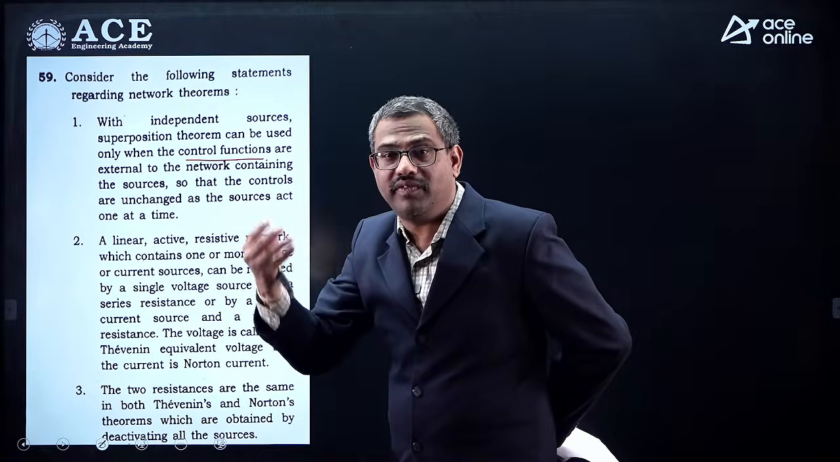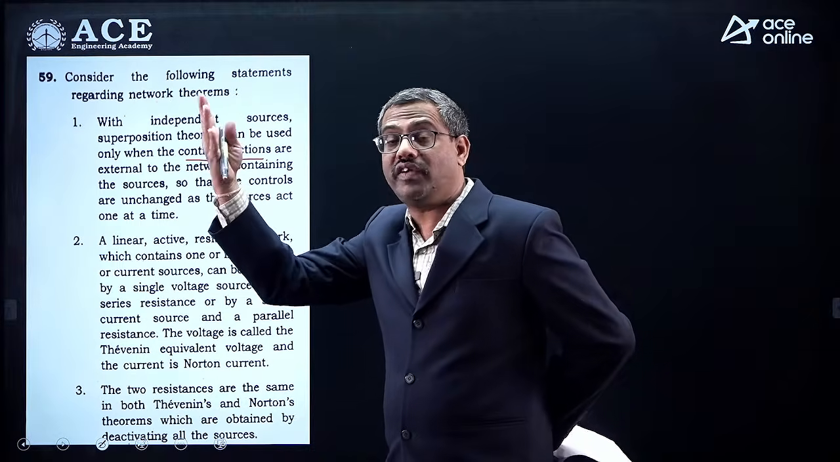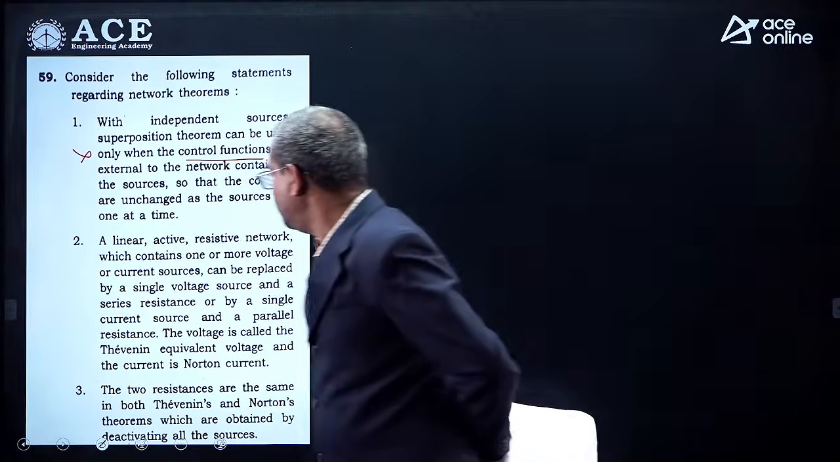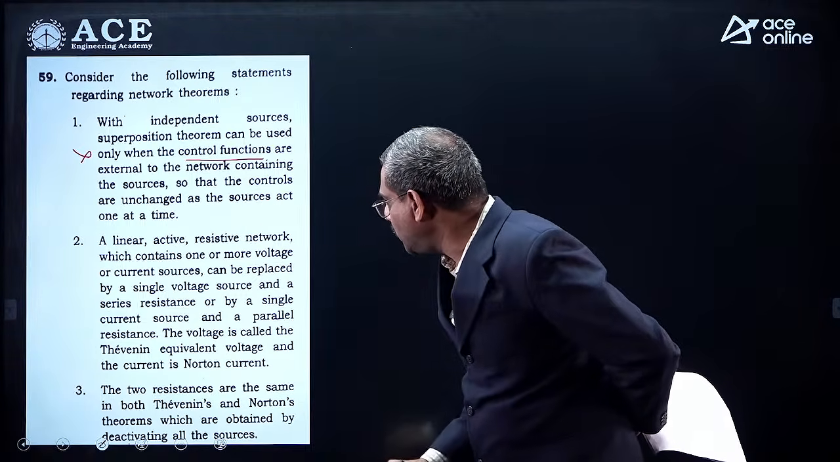We did so many problems where Vx or Ix is within the network, but the statement mentions that we can do it only when control functions are external to the network. No, it is within the network also we can do. So this is wrong. Now, a linear active resistive network which consists of one or more voltage or current sources can